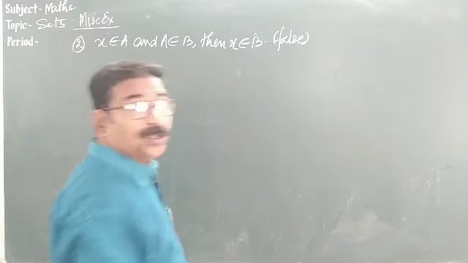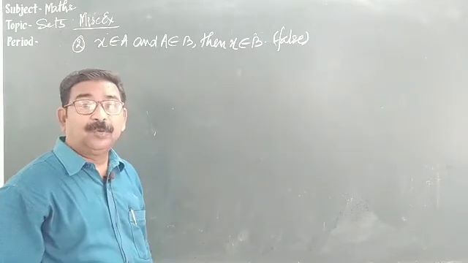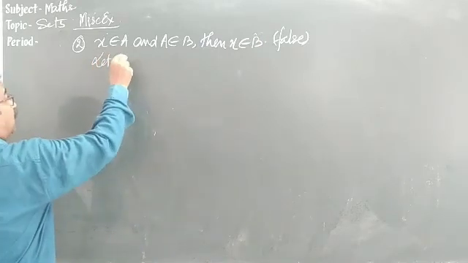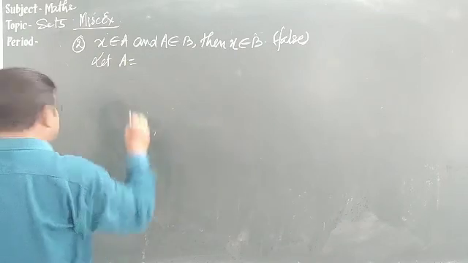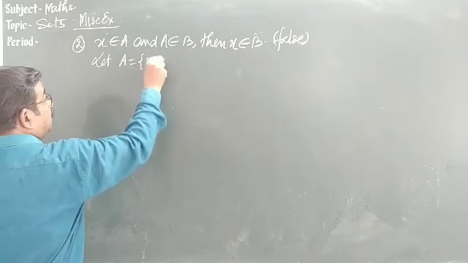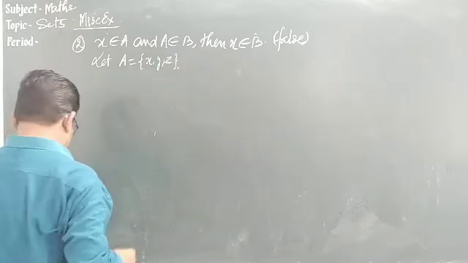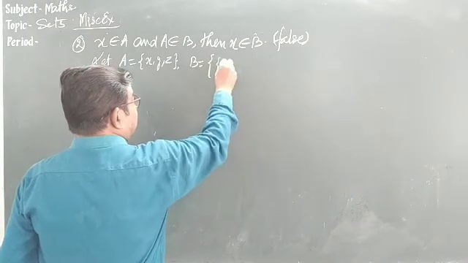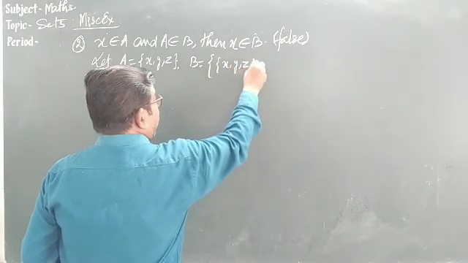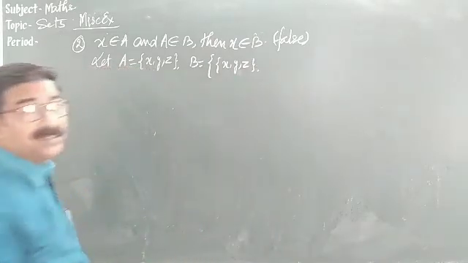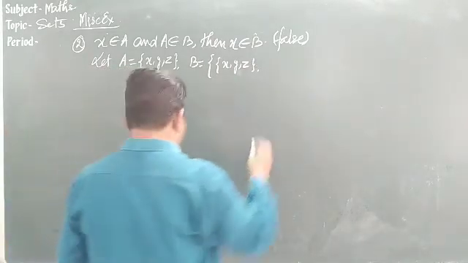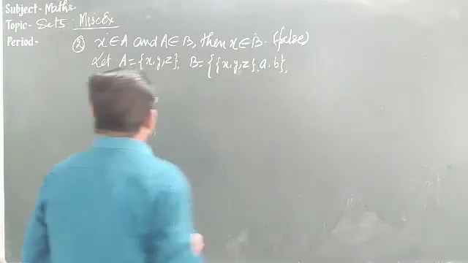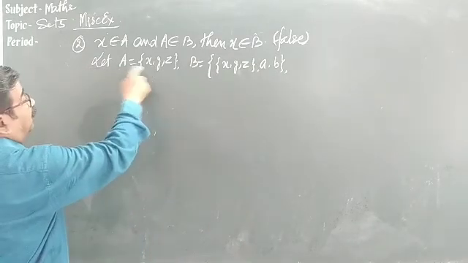So we have to give one example. Let's give the example. Let we have a set A having elements, suppose x, y and z. A set B having elements like this: x, y, z, where x, y, z are the elements in a bracket, and take one more, A and B. So let's see, here x belongs to A.